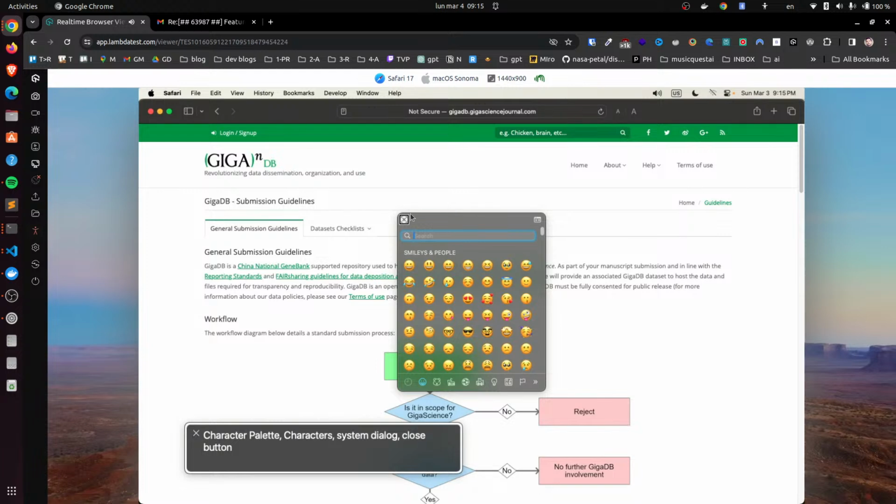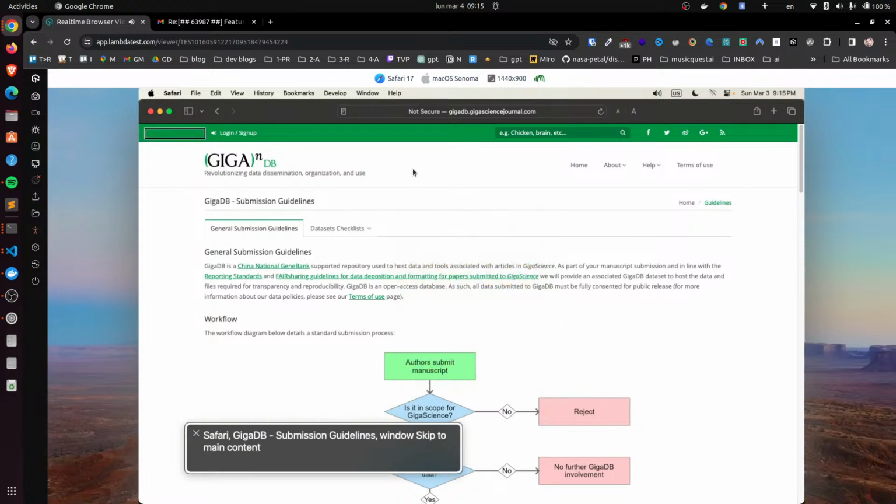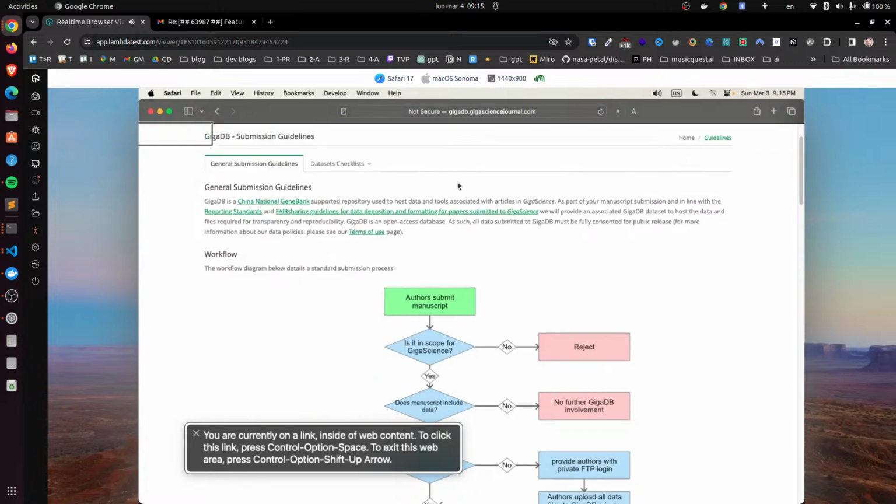Characters. System dialog. Close button. Safari. Yuga DB. Submission guidelines. Link. Yuga Science blog. Banner. Yugascience blog. What You is are the currently on font a used? link. To click this link, press Control Option Space. Oh, Link. Link. About. Menu. Link. Link. Link. Link. Link. Link. Link. Search Yuga. Link. Link. Skip to main content. You are currently on a link inside of web content. To click this link, press Control Option Space. To exit this web area, press Control Option Shift up arrow.